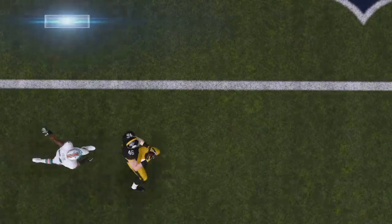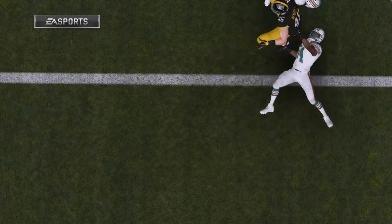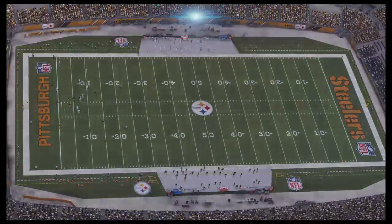Boy, it's nice to have that big, reliable target you can go to. Each and every time. A lot of people see that position as a fallback. Throw it to them when all else fails. Not at all. This guy can make plays, and that's exactly what he just...